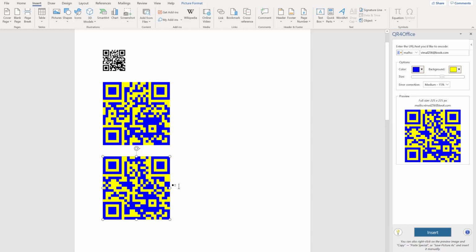So that is all for discussion, and I hope it has given you an idea about how to create a QR